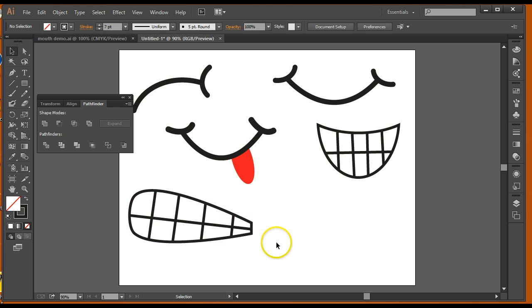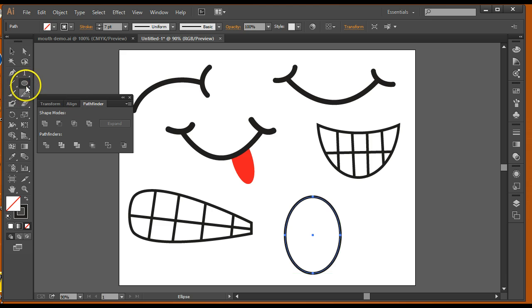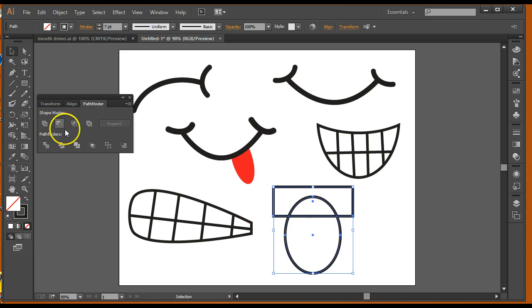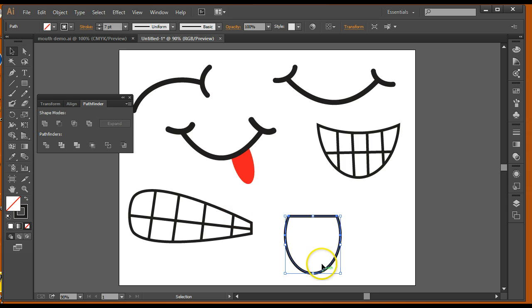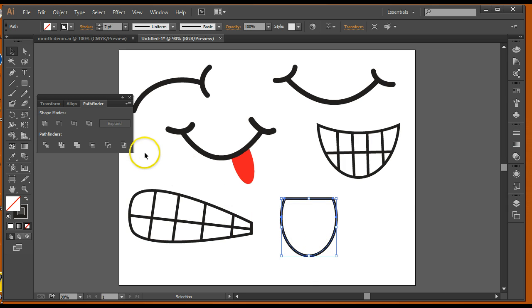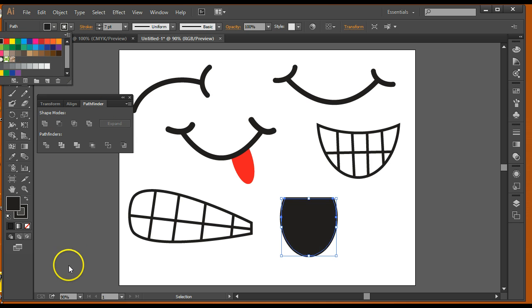Again, it comes down so much to what you're trying to produce. Let's try something like this, where I draw a circle, and I'm just going to cut off the top little bit of it with a rectangle here. I'll take my black arrow, get them selected, do a minus front on my keyboard, so I have this kind of a shape. Now, what I want to do here is go ahead and fill that with black,